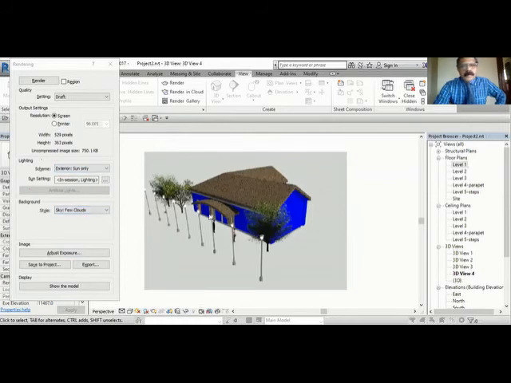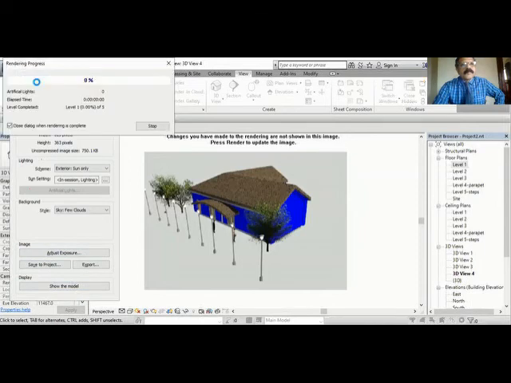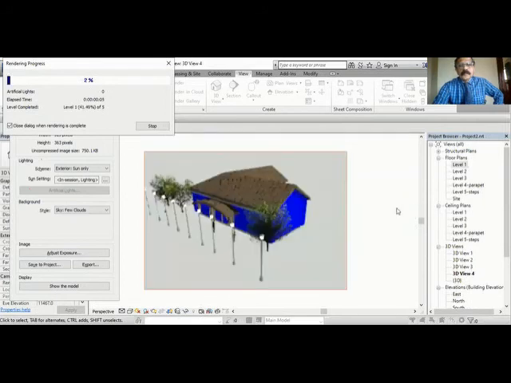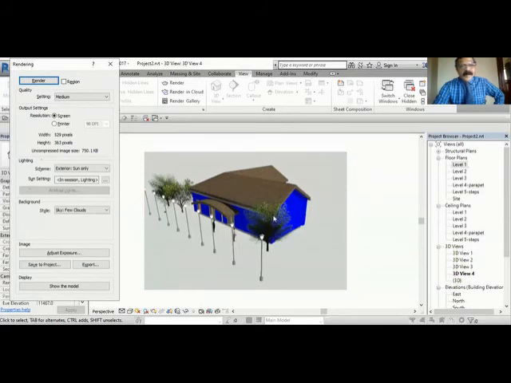Error is coming. It's not clear. The sky is not clear. Do it again. Medium. Screen. Exterior sun only. Few clouds. There is some slight error there. You can't see that cloud.